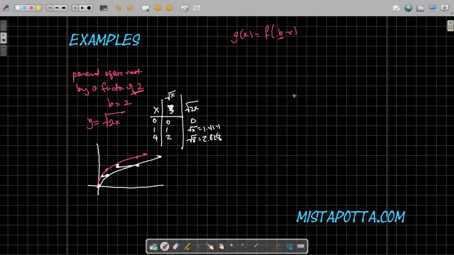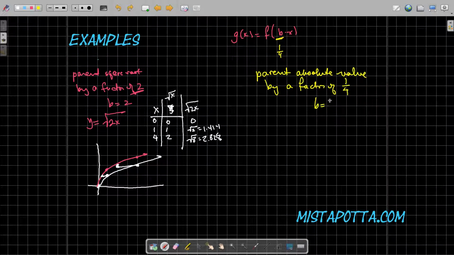If I do another example of this, if I take a look at our parent absolute value function, stretched by a factor of 1/4. Now for us, b is 1/4, and this ends up being a stretch. So if I take a look at my absolute value function, again, what I expect from my normal absolute value